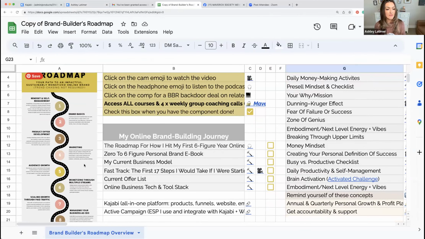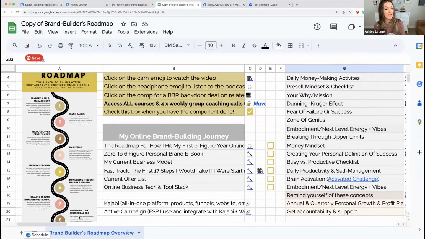There's those 8 phases. If you have your brand basics dialed in, you've been doing this for years, and you are ready to monetize through multiple streams, then you're going to focus more on section 6, and you're going to see what courses and what steps are in store for you in section 6 or section 7, building out your funnel, starting to work on ads, all the things.